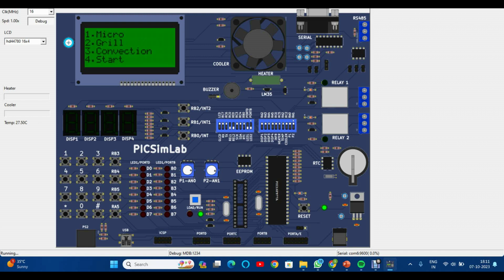Now it is giving us 4 options: micro, grill, convection, and start. We will go for the micro by clicking on 1. 900 watt power. We will set the timer as per the requirement. It will go up to 59 minutes as the maximum limit. We will put something like 10 seconds